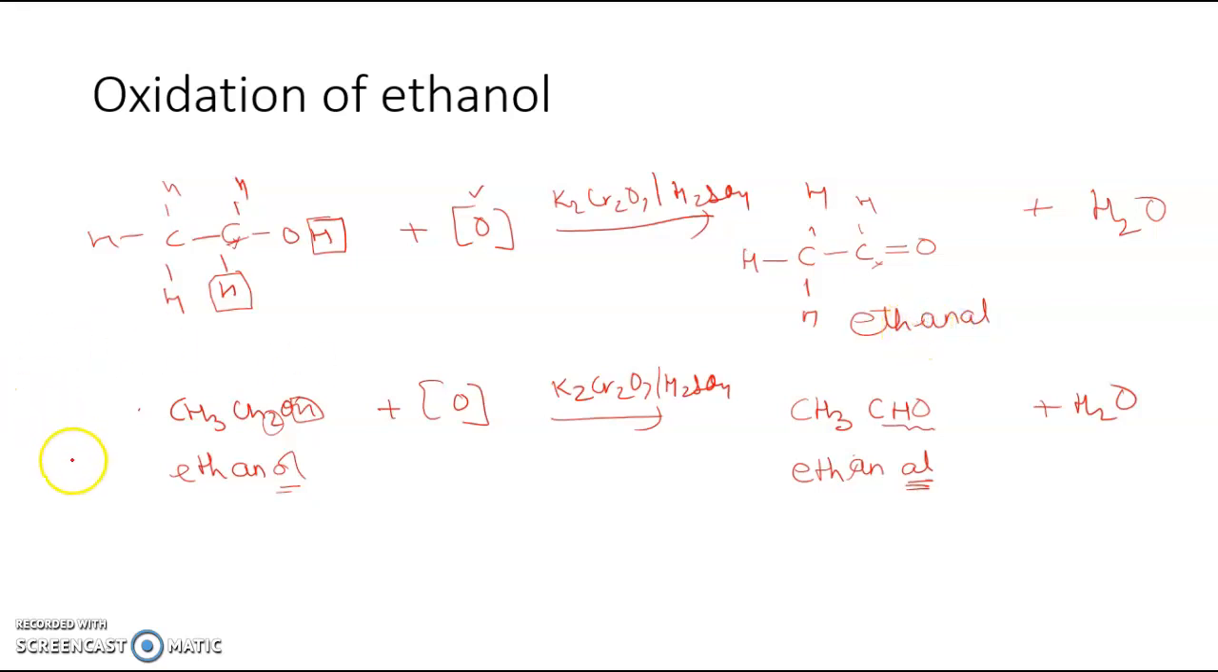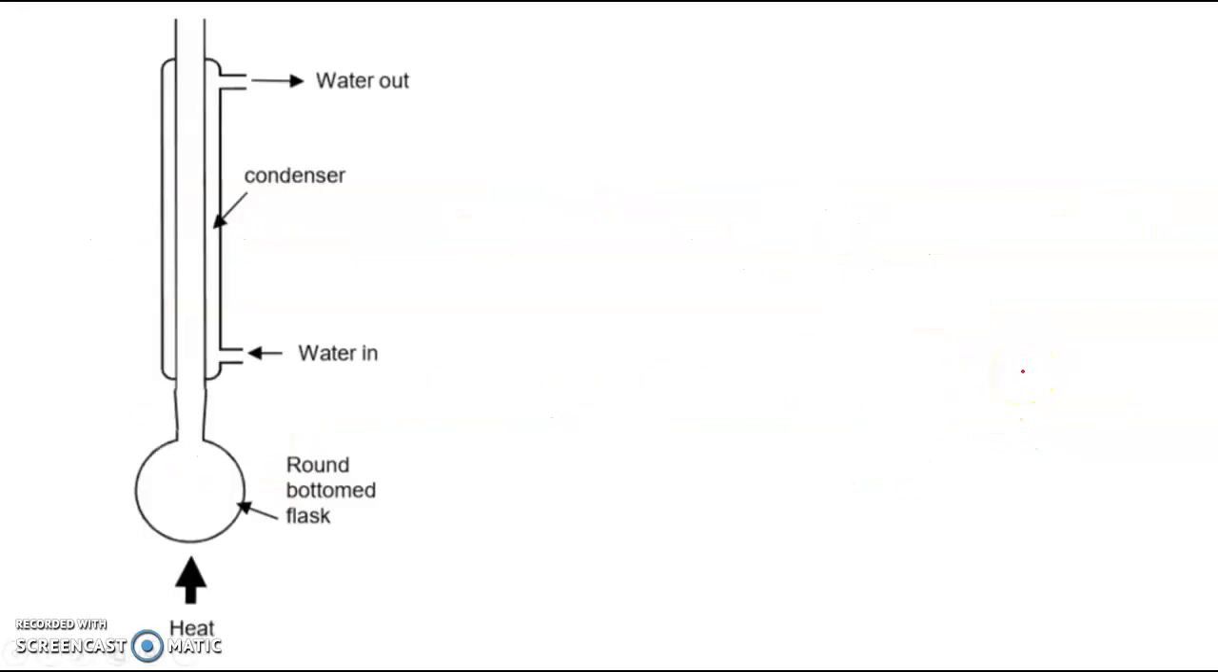Ethanol. So if it was propanol, you would get propanal. The "al" indicates the aldehyde that is formed. If you want the product to be carboxylic acid, then you would set up a reflux